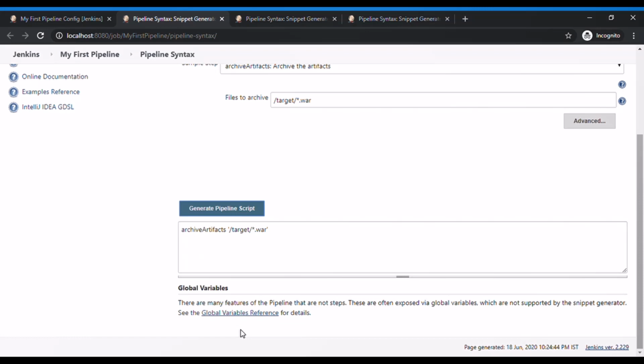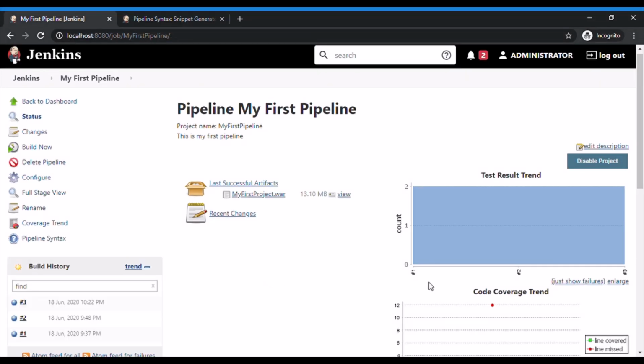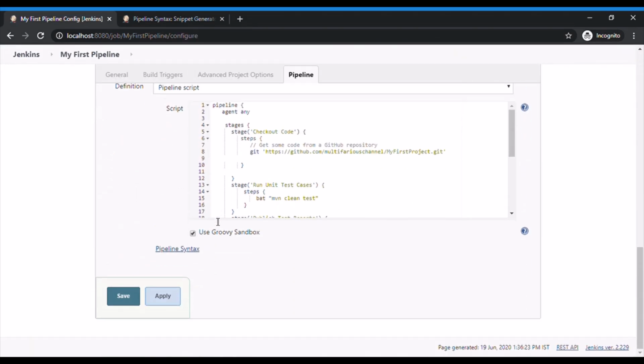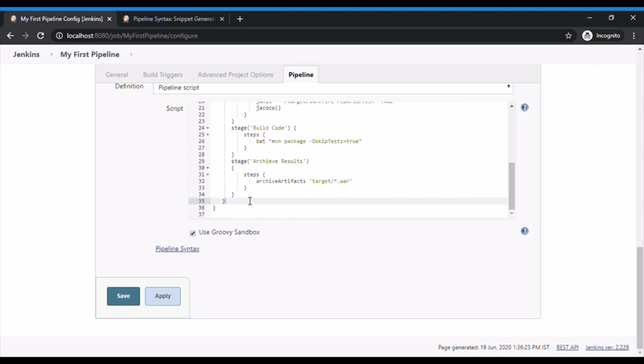So proceeding further, I want to deploy this application to some container. For this I need to modify my configuration. So I'll just go to configure. In the script I'll add a new stage, that is deploy application. And I'll be adding a step.